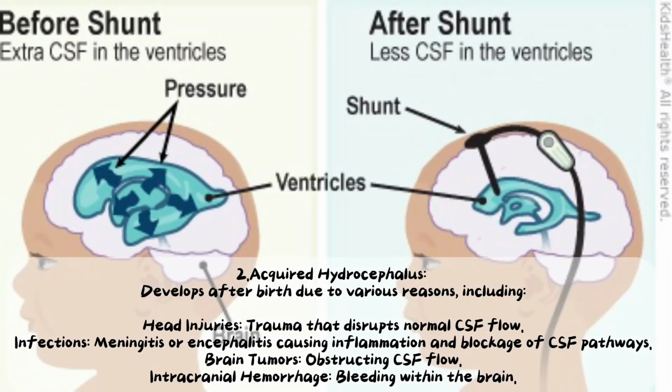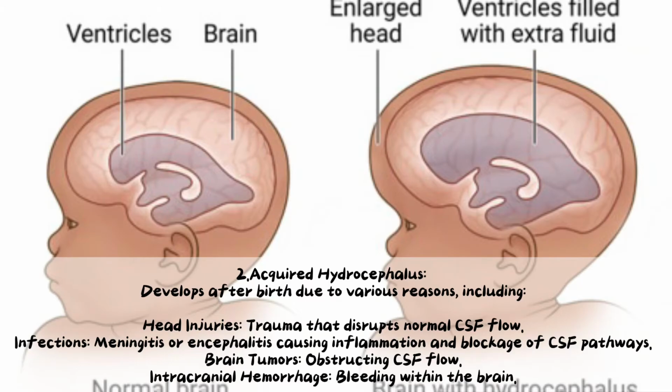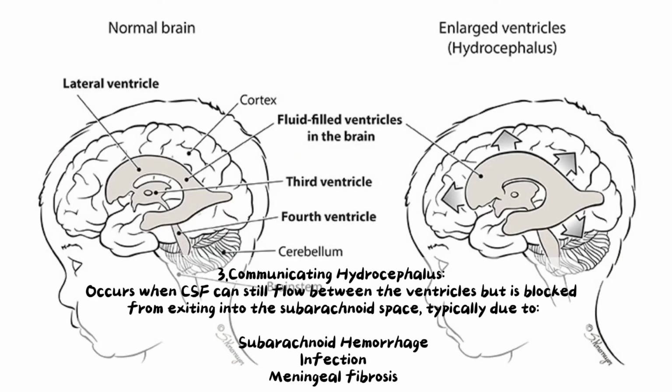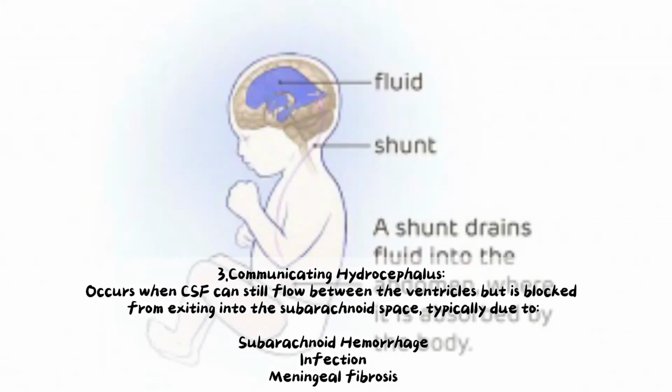2. Acquired hydrocephalus develops after birth due to various reasons, including head injuries, trauma that disrupts normal CSF flow, infections, meningitis, or encephalitis causing inflammation and blockage of CSF pathways, brain tumors, obstructing CSF flow, intracranial hemorrhage, bleeding within the brain. 3. Communicating hydrocephalus occurs when CSF can still flow between the ventricles but is blocked from exiting into the